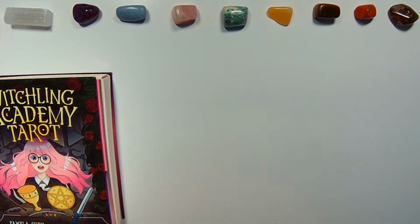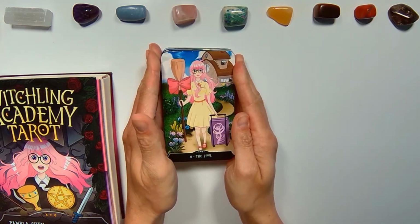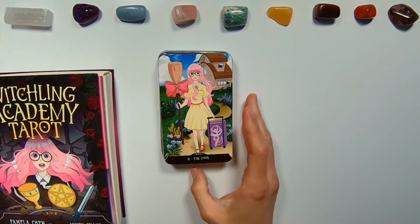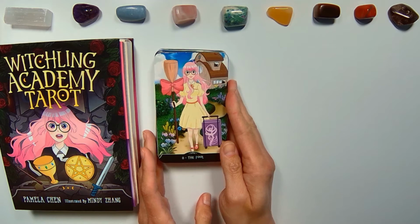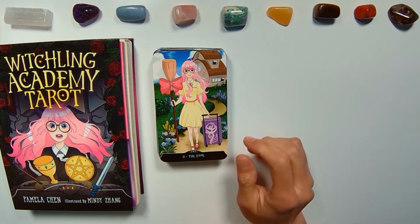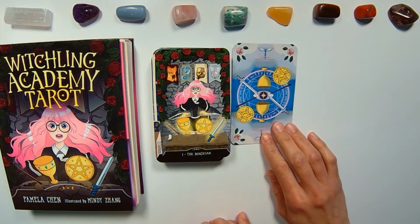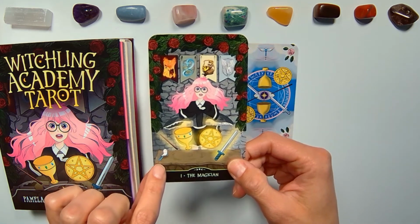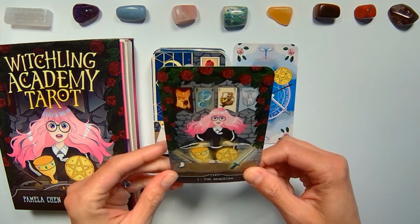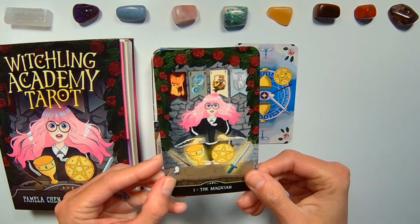Okay, so we'll go through each of these. I'm not going to go through the meanings of them because I have no idea what I'm talking about, since I haven't read the handbook. So we'll just go through each of the cards, see the illustration. So we have the Fool, the Magician, and there's the parakeet right there, I'm assuming, and the different houses, the flags for them,